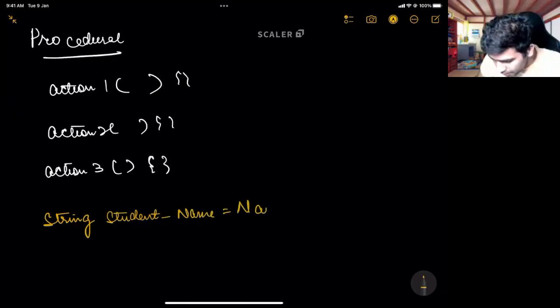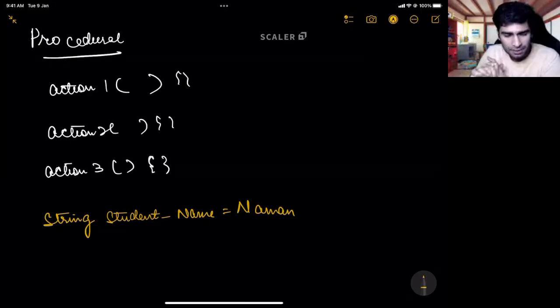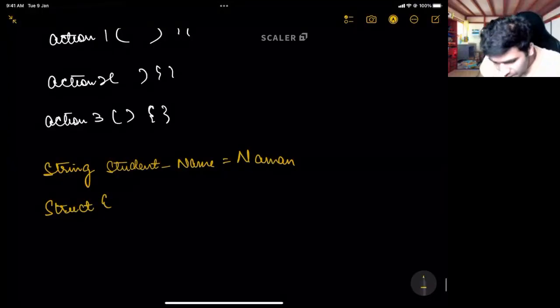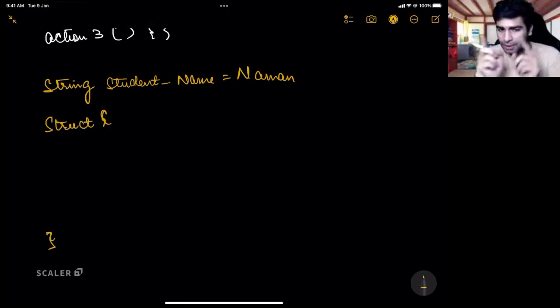Or what are other ways? Let us say if an entity has multiple attributes with them, how do we represent them in a procedural programming sense in C or those languages? Using structs. So there is also a construct called structs in C languages. A struct is nothing but a collection of attributes. Struct is very similar to a class. The only difference between struct and a class is a struct only has attributes. A struct has no methods. Is that clear with everyone? The difference between structs and class. A struct is only a collection of attributes, no methods in them.